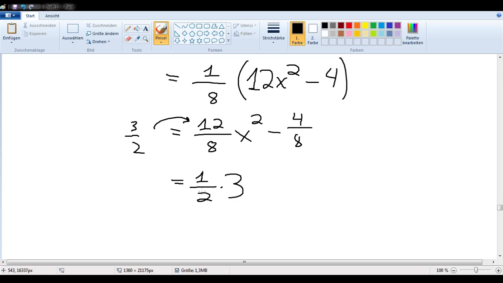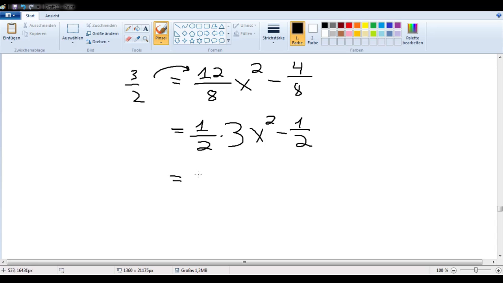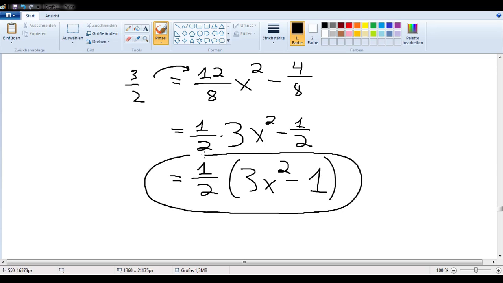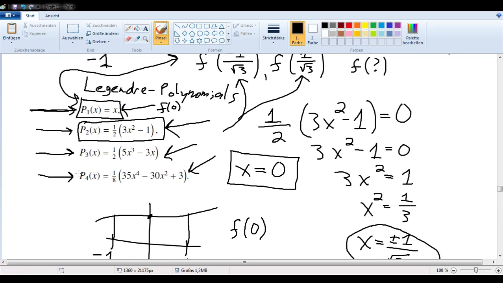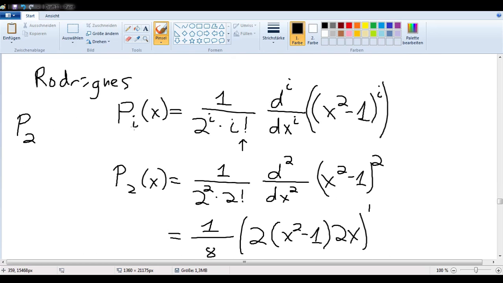So I'm going to write it this way: 1/2 times 3x squared minus 1/2, because I'm wanting to factor out this 1/2. So 1/2 times 3x squared minus 1. So that's the answer we get for p2 of x. 1/2 3x squared minus 1. And now let's take a look back at these polynomials. And that is exactly what we had, right? 1/2 3x squared minus 1. So you see you can use this formula by Rodrigues to derive the Legendre